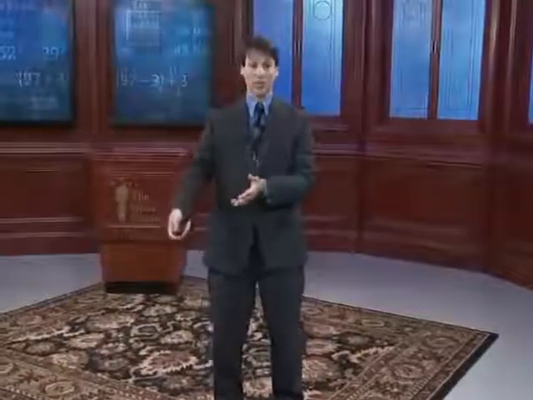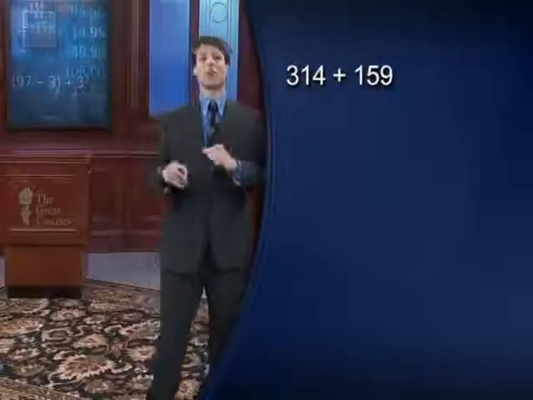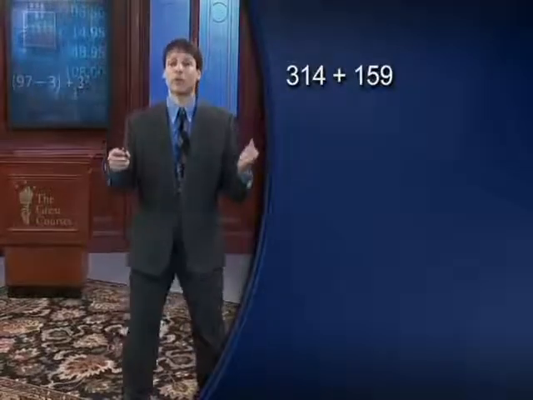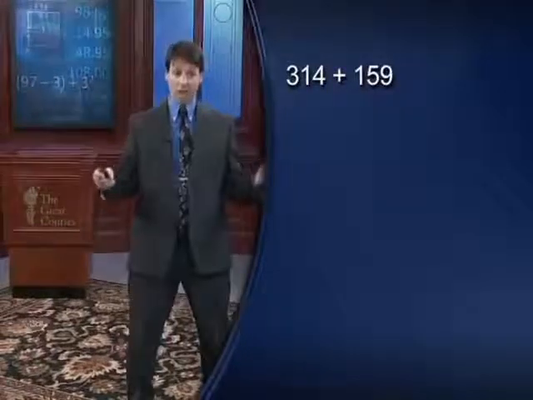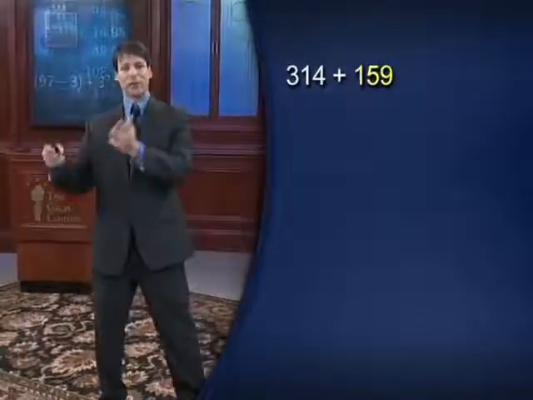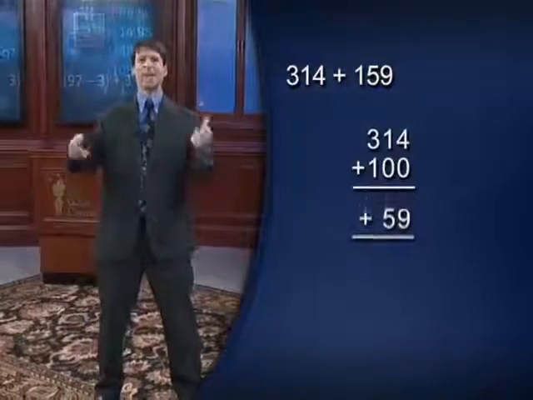Now, in order to add any two three-digit numbers together, it's a simple three-step process. First, add the hundreds digits, then add the rest, the tens and the ones digit. Let's try the addition problem 314 plus 159. Say it out loud. 314 plus 159. Our strategy is to add 100, then 59. So 314 plus 100 is